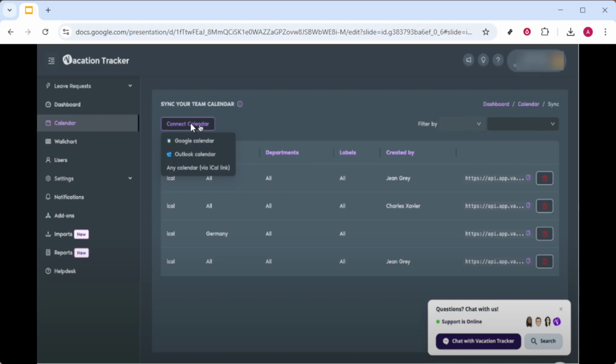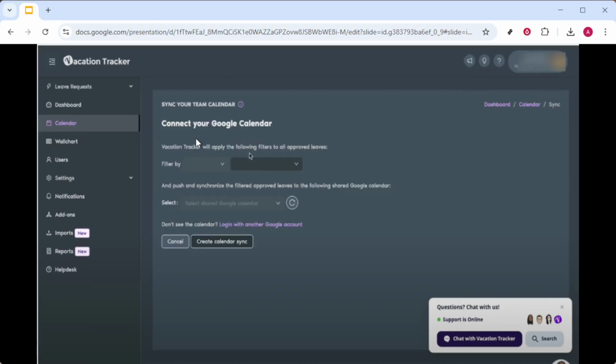This feature enables the vacation tracker to seamlessly integrate with your Google Calendar. By doing so, you're granting necessary permissions for the two to communicate effectively, making sure no PTO request goes unnoticed. After connecting the calendar, you'll specifically want to select Google Calendar for synchronization. Google Calendar is widely used and syncs smoothly with most third-party applications, ensuring that your time off is properly reflected